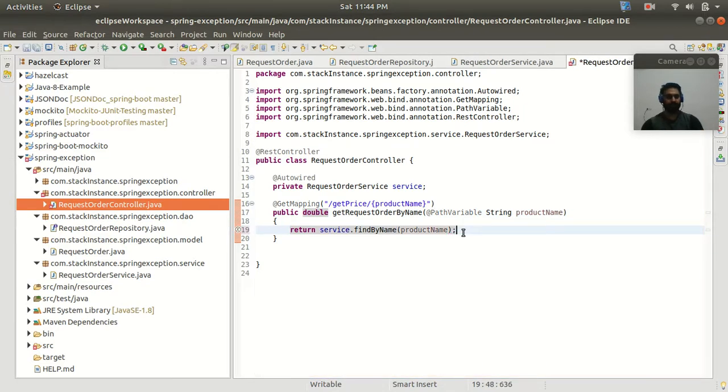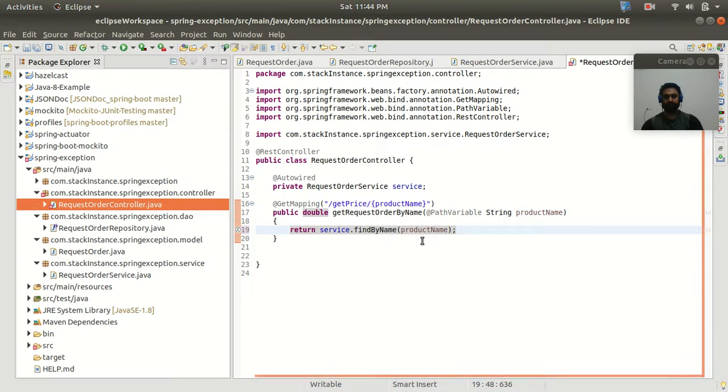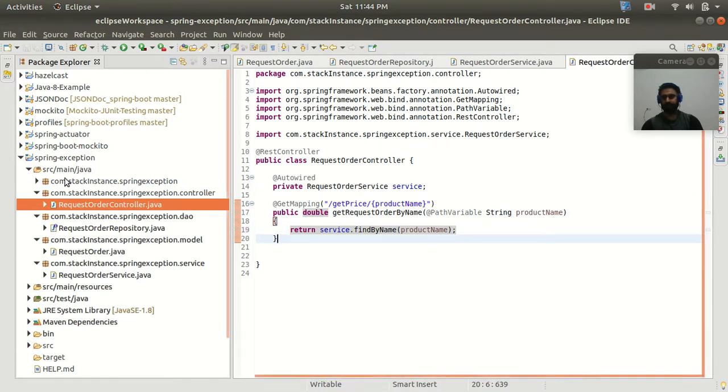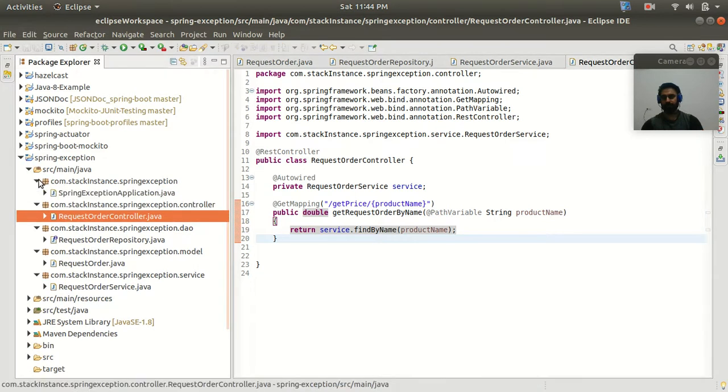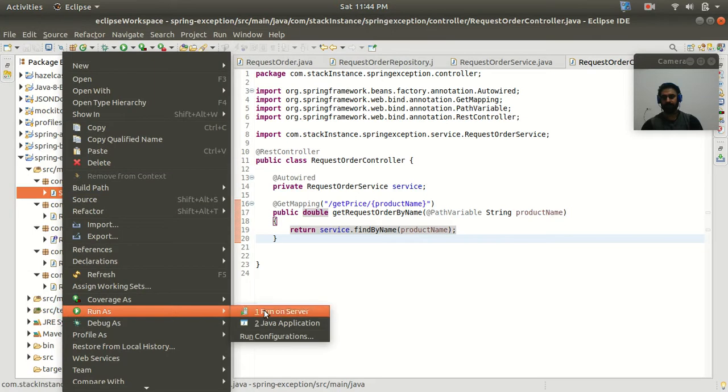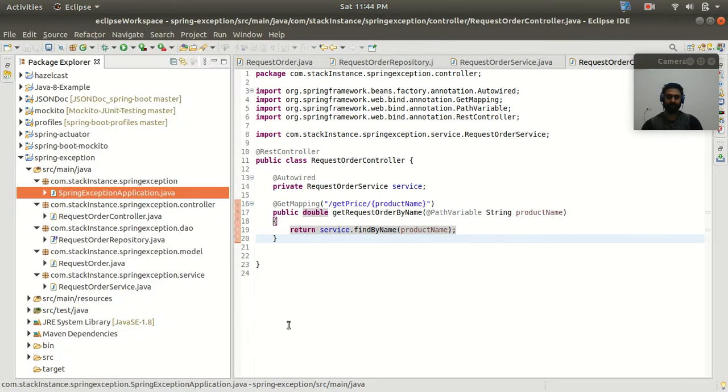So here I have written one endpoint. Now let's test and see whether our endpoint is working or not. Let's go to our main class, and simply run it as a Java application.